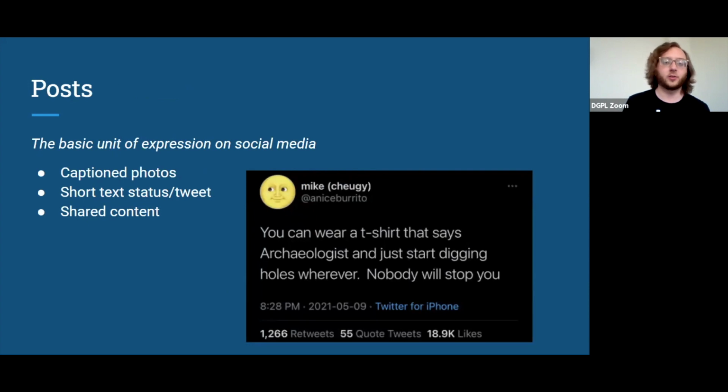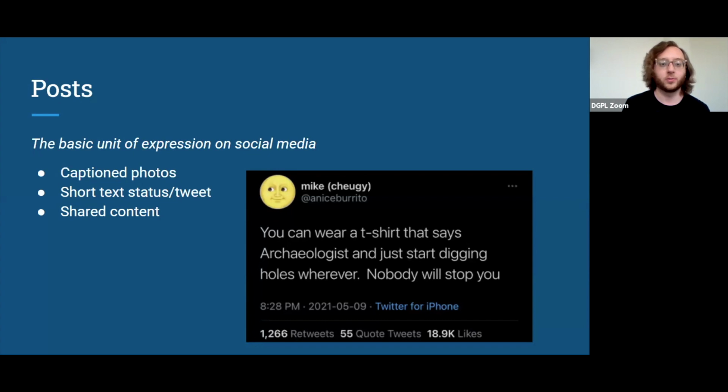Next, let's talk about posts. A post is, if you want to boil it down, the basic unit of expression for any social media. Posts can be various kinds of content. You can have a photo, perhaps with a caption. Depending on the platform, you might also be able to make a short text update or status.